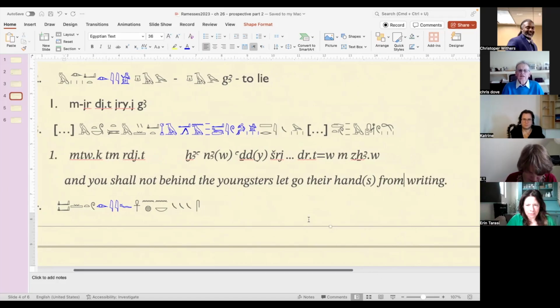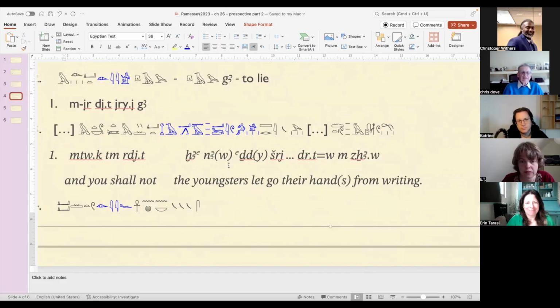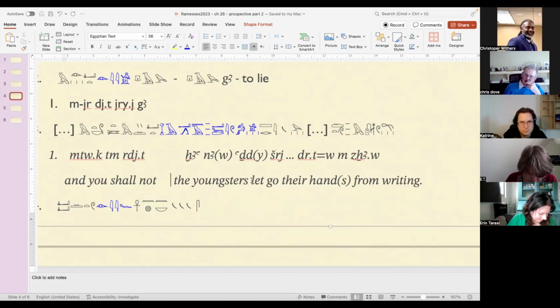So this is the part where I have to help, because this is completely not obvious. So Ha'ana Ajad Sheri, that too Msichao, is the youngsters let go their hands from writing. In other words, they stop studying, they stop perusing their material, basically doing their homework, whatever. So this is sort of like an idiomatic expression.